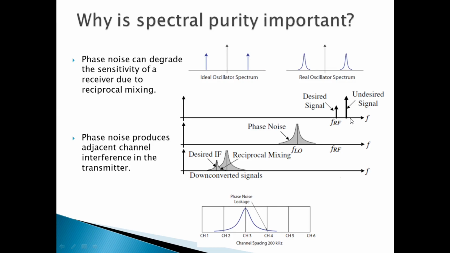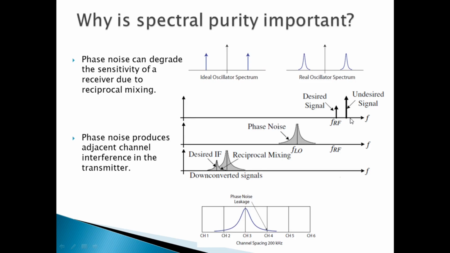And since the response of the LO exists, it will multiply with the undesired signal too, causing the undesired IF also to be present. Though it seems that the low pass filter should now do a good job in filtering